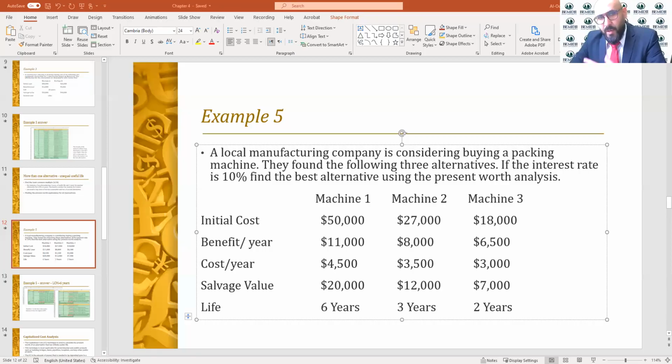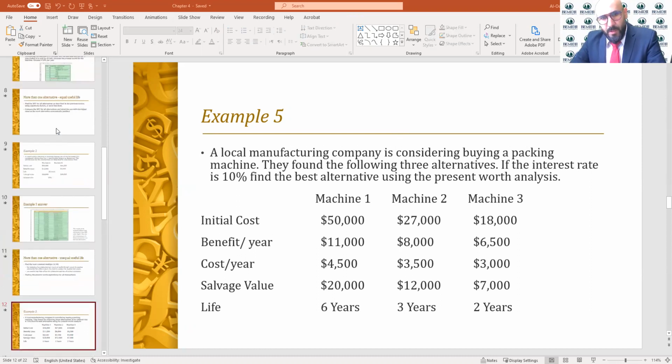We're going to cover in this video conducting present worth analysis for two alternatives. So in the previous video, we did discuss if we have one alternative and how we could build the cash flow, or we could use the interest rate tables, or we could use the equation. For this video, I will be talking about